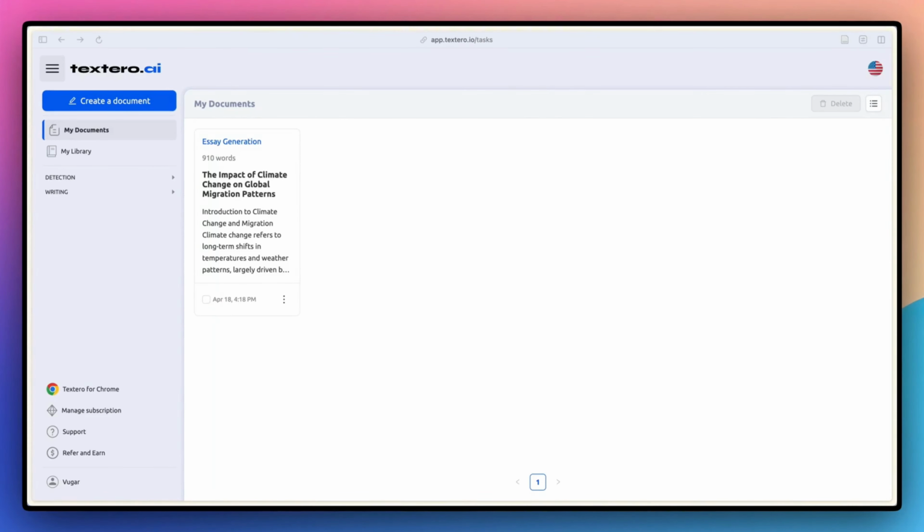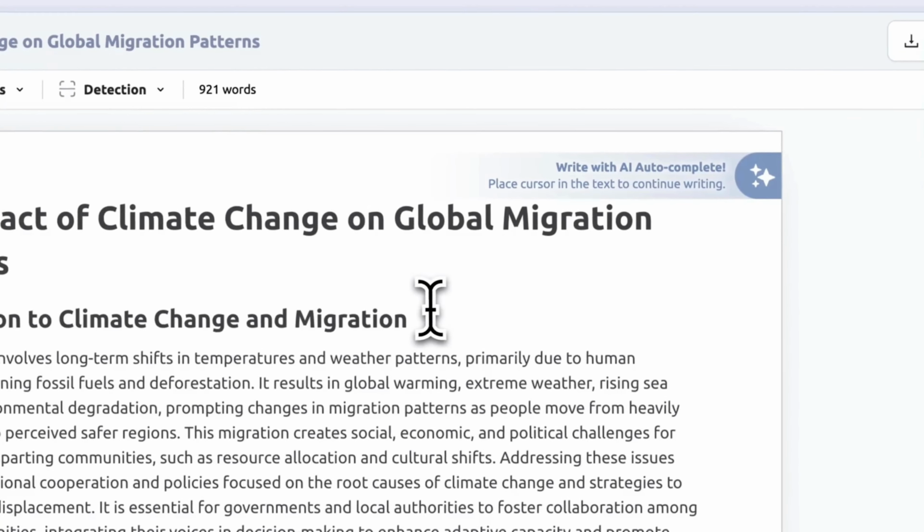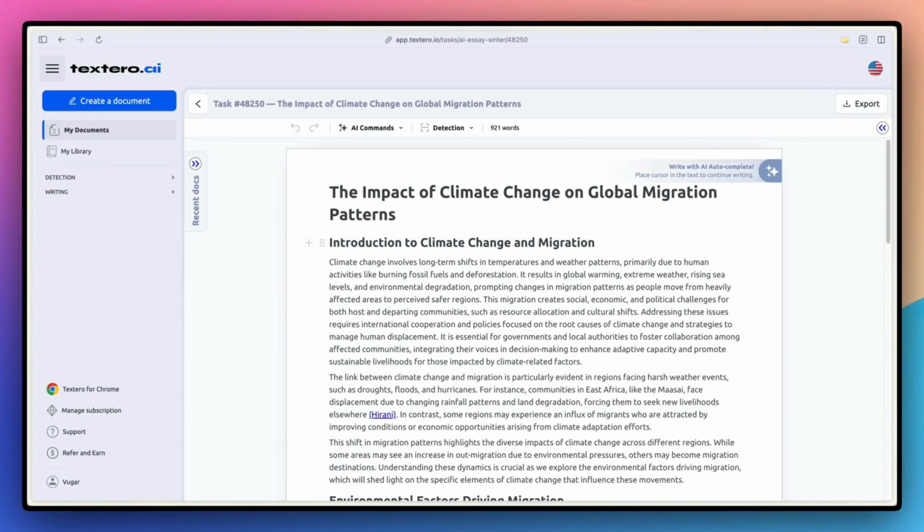Text is ready. As you see, it is now under my documents section here. To use it, click on this. Now your document is open. You can do many things here with Textero, but before jumping into what we can do with it, I have to